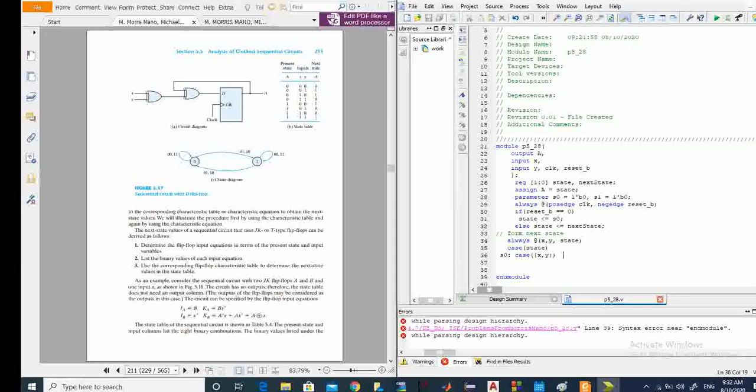Okay, so we are still getting through this. So in this nested case, we have case xy. So now there are two scenarios. xy could be, let's say, 0 0, or xy could be 1 1. So in both of these cases, 0 0 and 1 1, if we look at the state diagram,